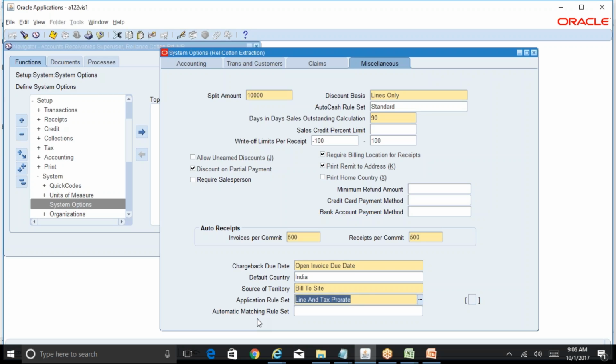And in the current training session, I will not be able to show you automatic receipts because we do not have any external file through which we can import the receipts. We'll go ahead with the manual receipts. So this is with regard to the